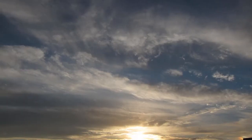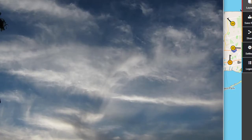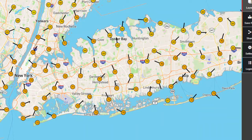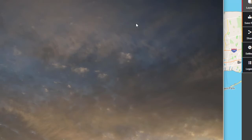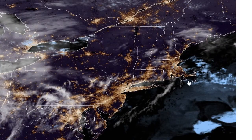Here's the sunset. You can look at that. Very nice sunset toward the evening with some cirrus coming in. Really pretty. Get a few more here. There you go. Look at that. That's pretty. It was more like dusk, and there's some pretty cirrus and altocumulus clouds coming in right now. Let's look at the satellite, and you can see them here on the satellite